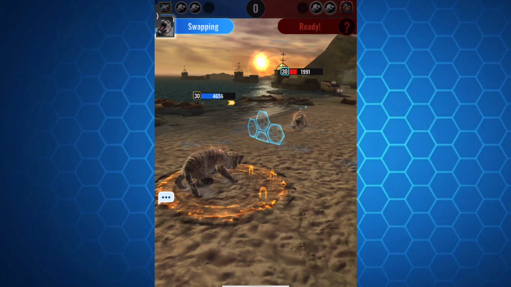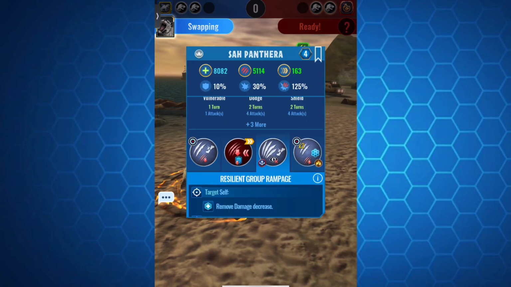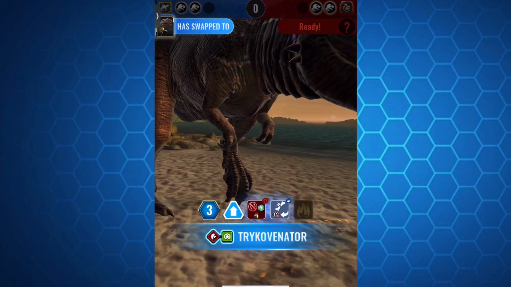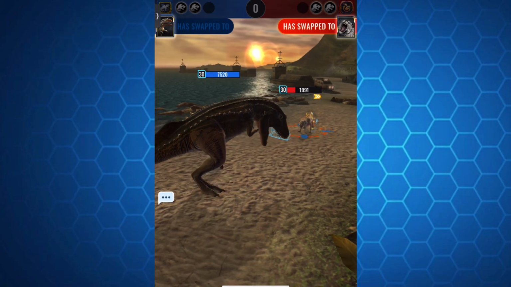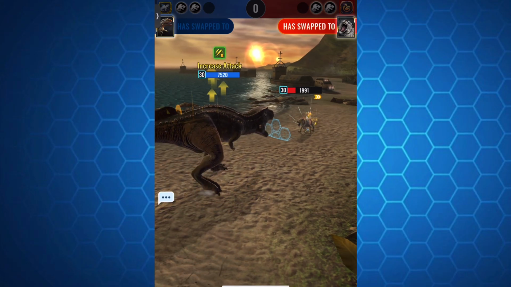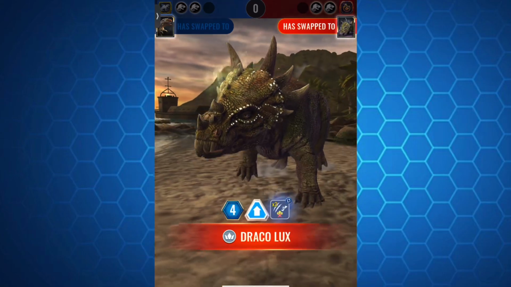and Trykovenator is looked at as a very good revenge killer or sweeper, having one of the best on escapes in my opinion, being able to completely invalidate Compsovenator and even counter it in a lot of cases. Trykovenator does have a lot going for it, however, what just keeps it at number 10 is that there are so many other hard hitters in this game that can kind of